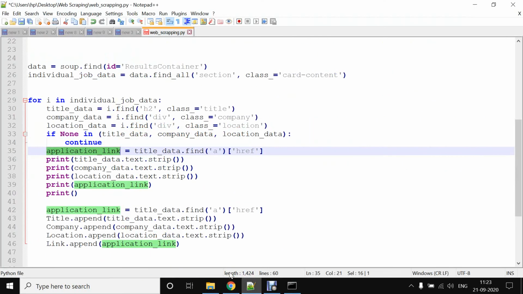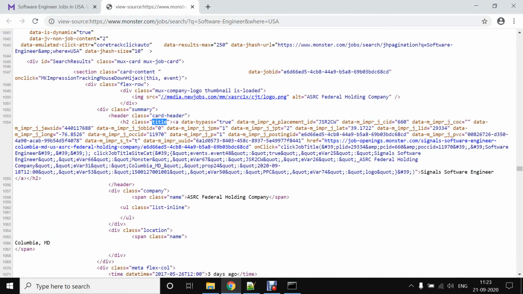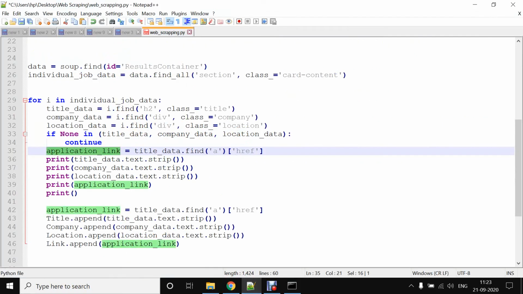We have already fetched data from the h2 tag in title tag. So now we will find an anchor tag which has href data. Here we will take the h2 tag having an href link, the anchor link which has href, and that link will be fetched into this application link variable.